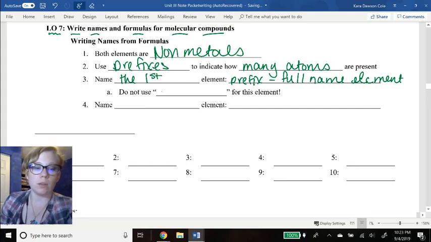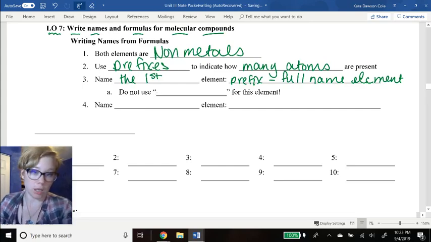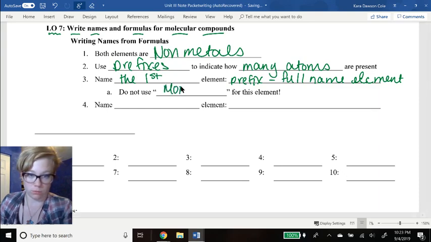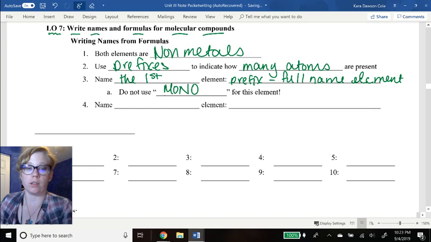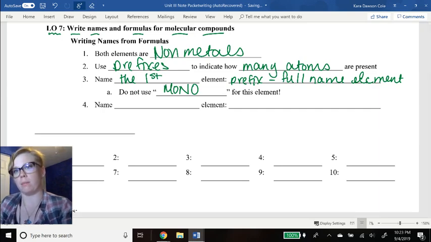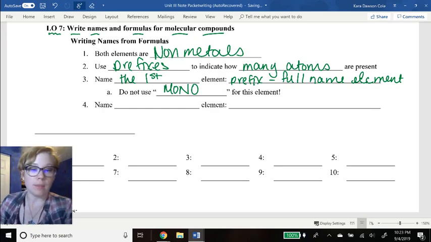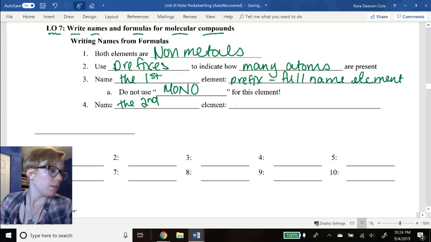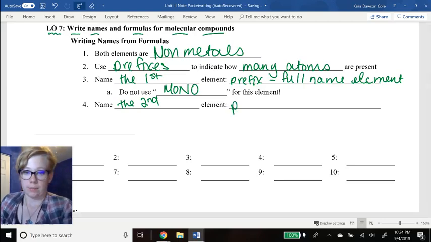So we do not use the prefix mono for the first element. It would sound really funny if I said monocarbon monoxide. That's just weird, okay? So name the second element with the prefix,